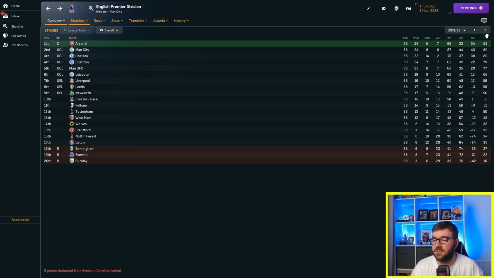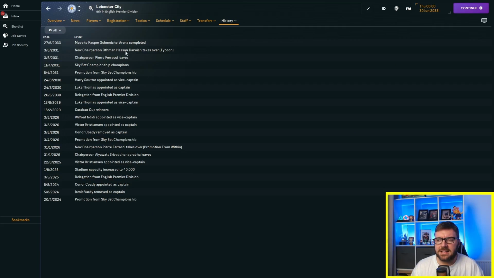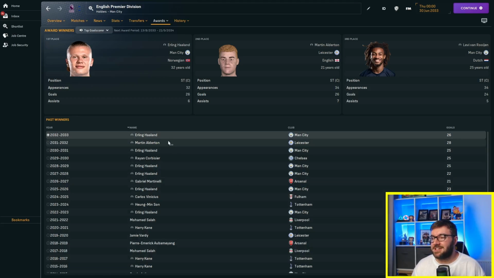12 goals worse off they were, and City winning the league here by 11 points. Look at that. Brighton in 2nd, Chelsea in 3rd, Leicester in 4th. They're a tycoon. Sergio Conceição is there. There we go. Othman Hassan Darwish is a tycoon, and he's taken over. The Kasper Schmeichel Arena is the new stadium. Okay. And in terms of the top goal scorer in the last 3 years, we've not actually had anyone. Erling Haaland's there with 26. Fantastic. Level with Martin Alderton with...